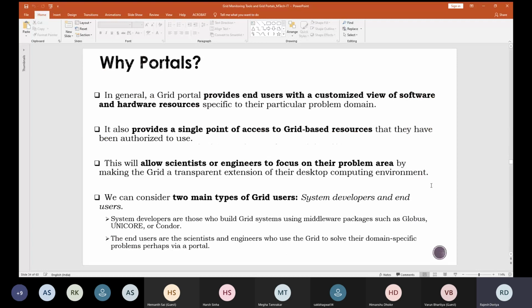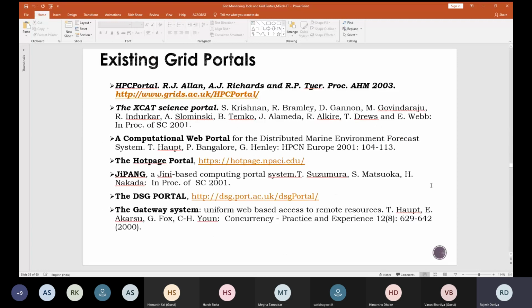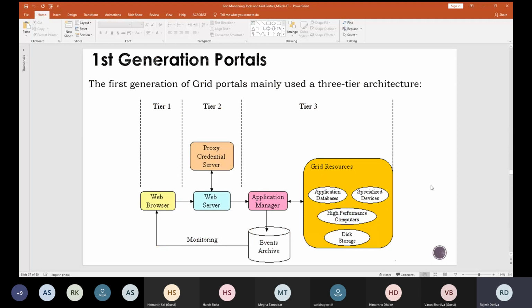Okay, so I guess I have already discussed this. This is how the architecture of first generation portals looks like. So this has been already discussed. I guess all of you have already got the concept, right? Yes, sir. Okay, in tier 1, all the client things will be there.